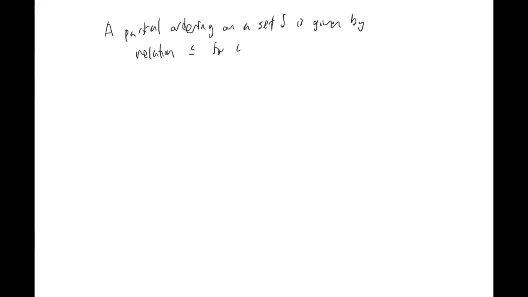Okay. So a partial ordering on a set S is given by a relation. This is just notation, it's not "less than," it's just a notation for certain ordered pairs of elements in S such that